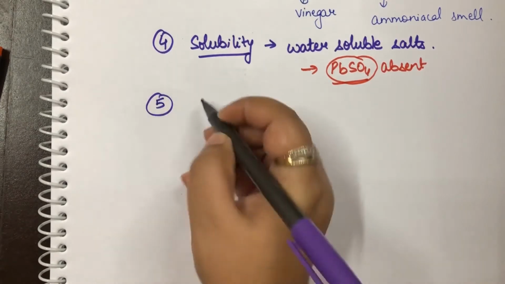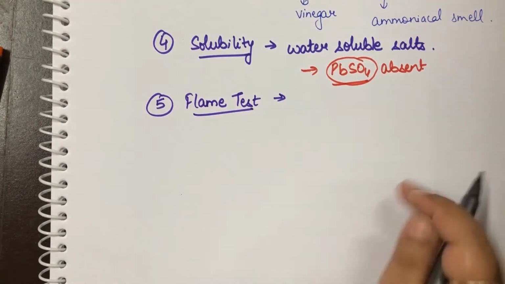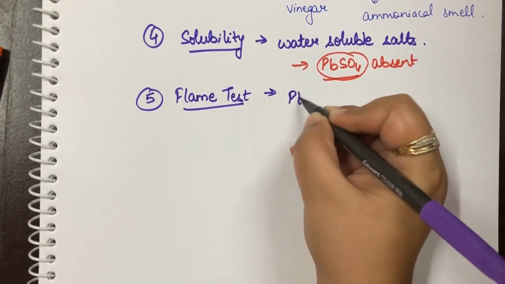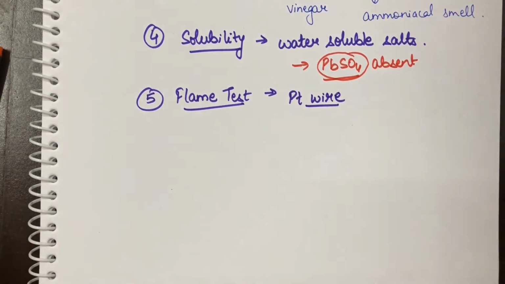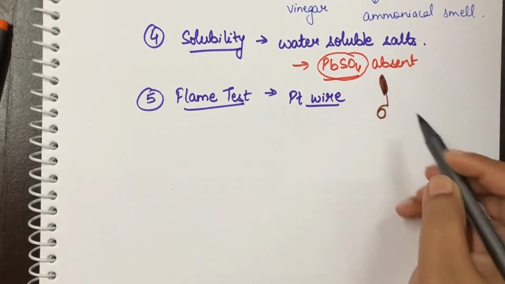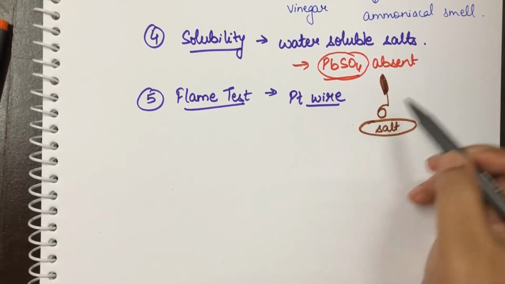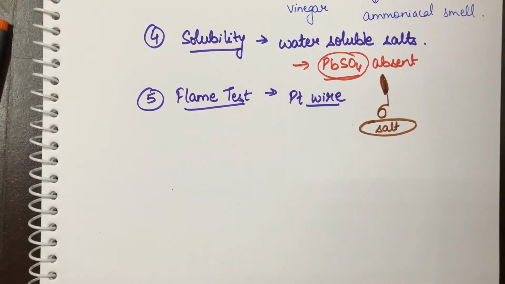As preliminary test that you can perform, which will help you in the further procedure, is the flame test. Now what is the flame test? We just take a platinum wire and we make a loop of it. It is going to be a loop of this, and you just dip it in the watch glass which is having salt, and now you just bring it to, or put it to fire or the flame. Now if you observe nothing when the salt was being encountered with the fire, then no need to worry, you just have done the preliminary examination.